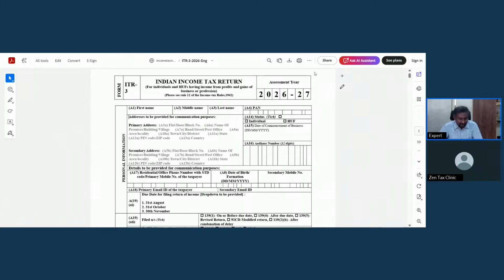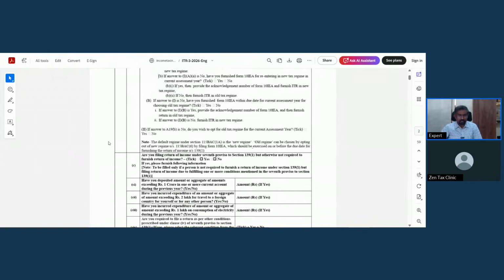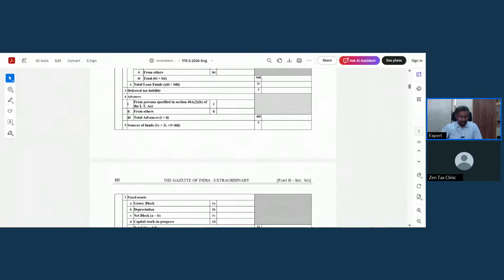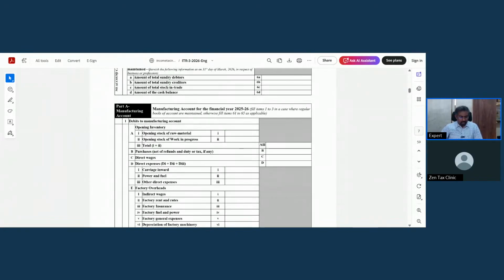ITR 3. So when I look at ITR 3, something that you need to very specifically understand is how do I have to really give my P&L and balance sheet, right? First of all, let me go to my profit and loss account. If it is a manufacturing concern,